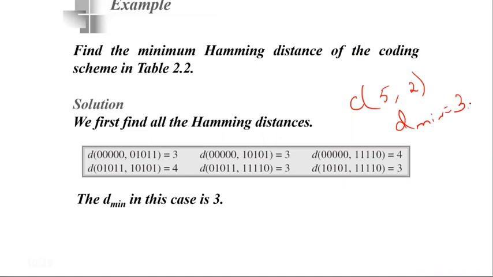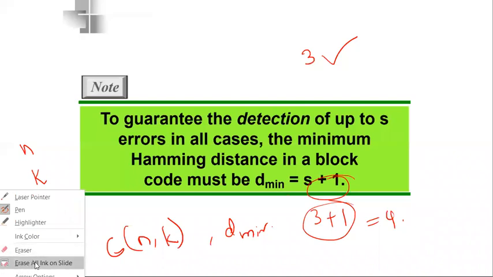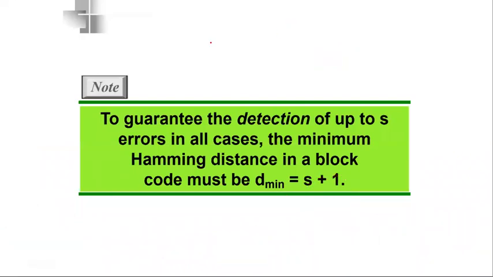Now, for error detection or correction, there is a relationship between the Hamming distance and the errors that occur during the transmission. Whenever a code word is corrupted during transmission, the Hamming distance between the sent and the received code words is the number of bits affected by the error. Basically, the Hamming distance between the received code word and the sent code word is the number of bits that is corrupted. Suppose I am sending code word 00000, which is what the sender is sending.